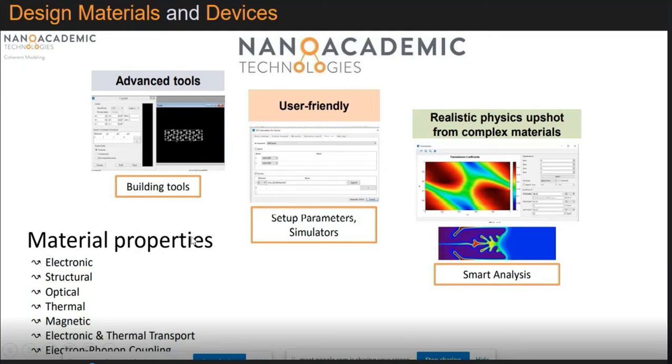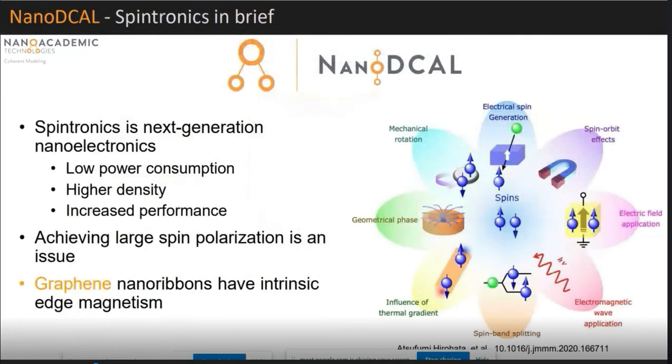Apart from that, device properties can also be calculated, like the current-voltage curve, transmission coefficient, photocurrent analysis, thermoelectric currents, and many more properties that you can calculate quickly using this software. NanoDCAL and the NanoDCAL Plus version can work in all domains, not only in nanoelectronics materials